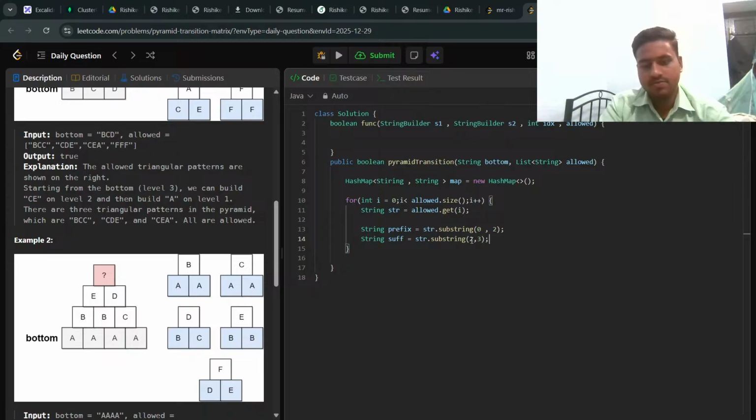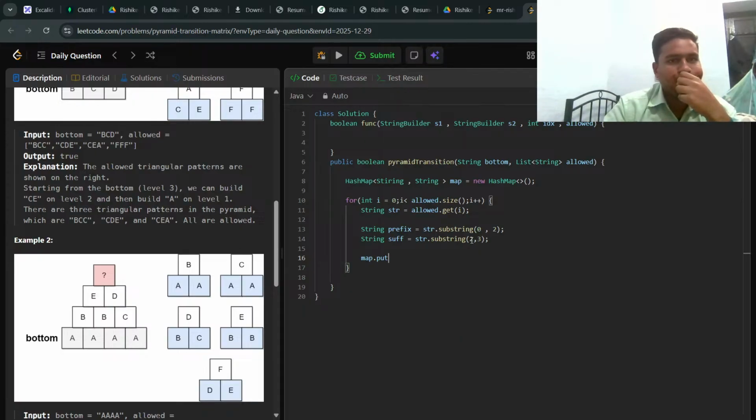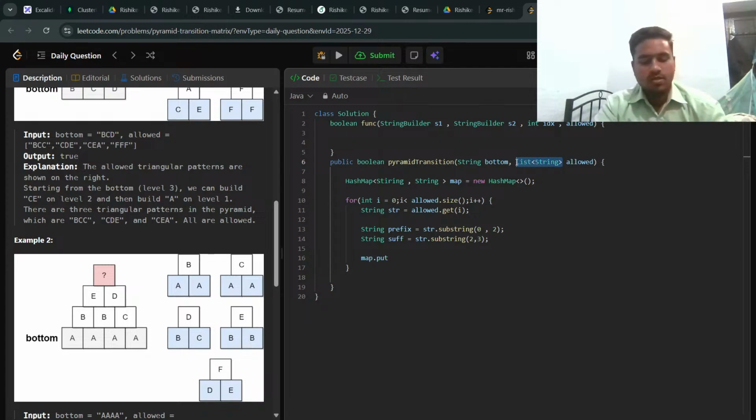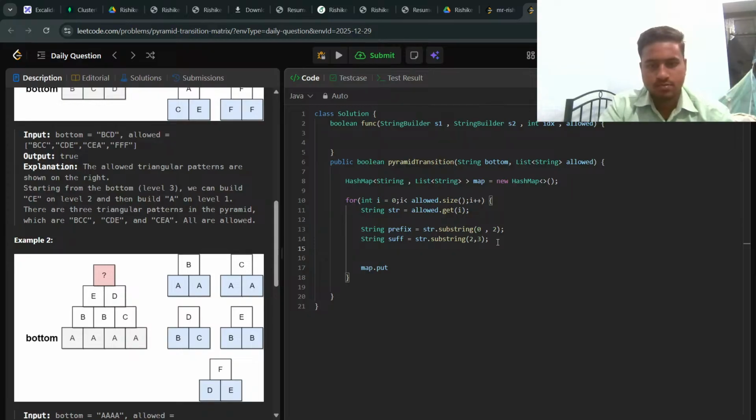Okay, this is good. And then map.put. So yeah, this should be the correct list of strings. Okay. Map dot